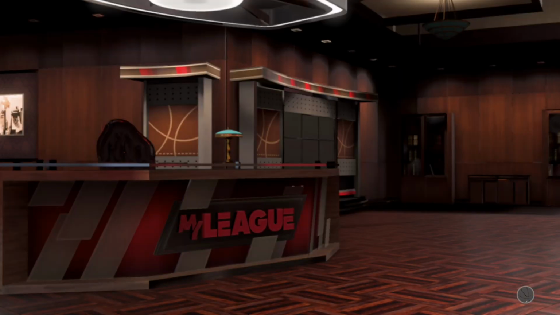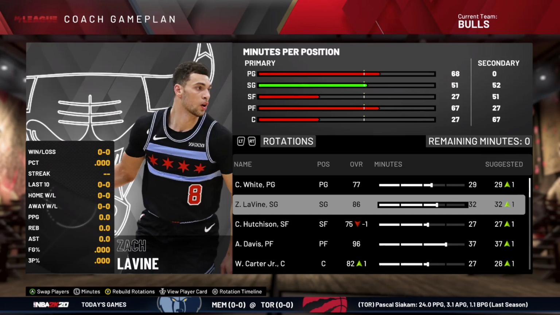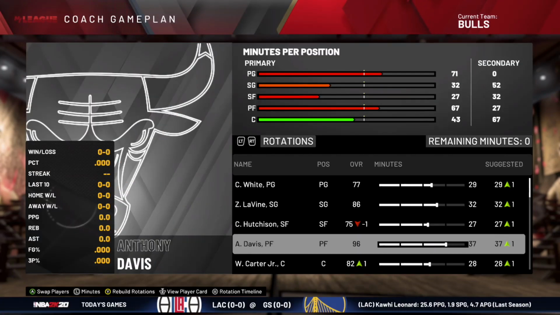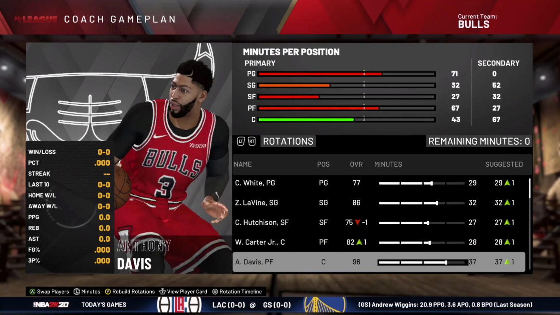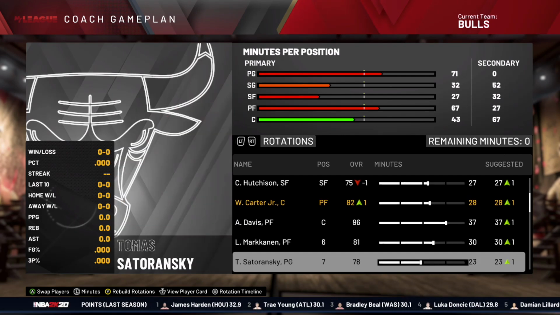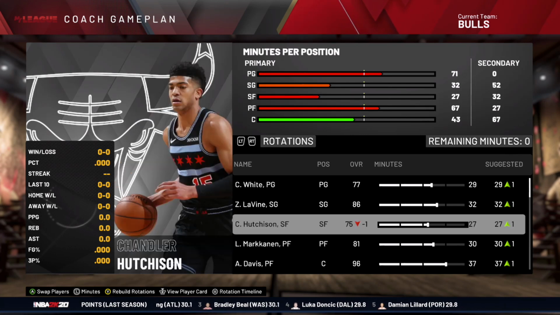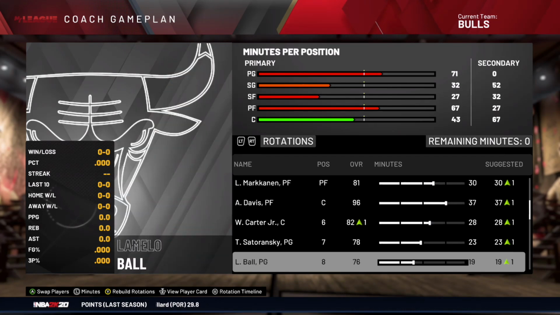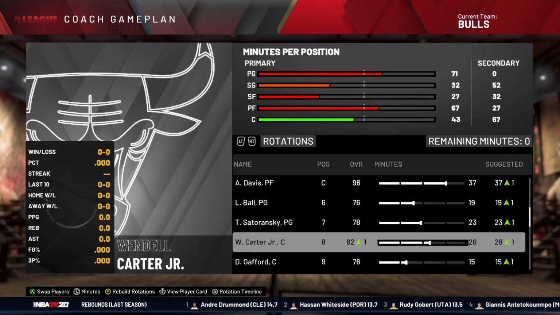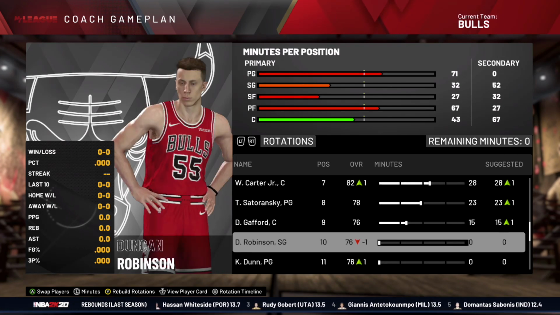Right, so all that's left to do is advance to the next season. So guys, this is what our starting lineup is going to be looking like. We got Kobe White, Zach LaVine, Hutchinson, Davis, who I'm going to move to the center, and then Wendell Carter will switch out for Markkanen. I'm going to play about with the minutes a wee bit because I'm not necessarily too sure if we even want to start Chandler Hutchinson, because I want to try and get us to be a playoff team. And despite our team looking like a playoff team, I think we need to upgrade him. So LaMelo Ball is also going to be sixth man, Wendell Carter, and then